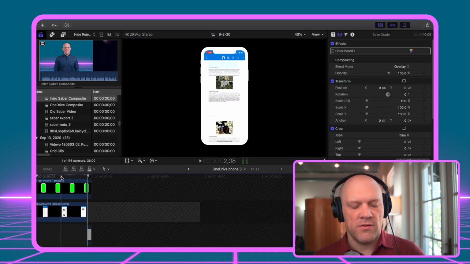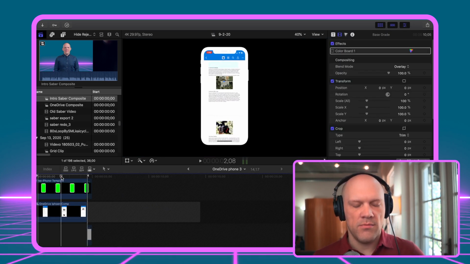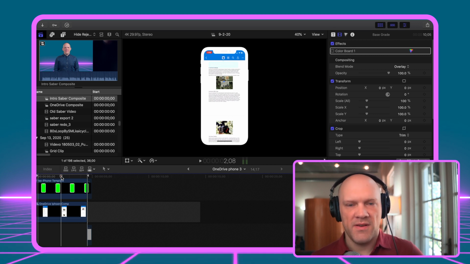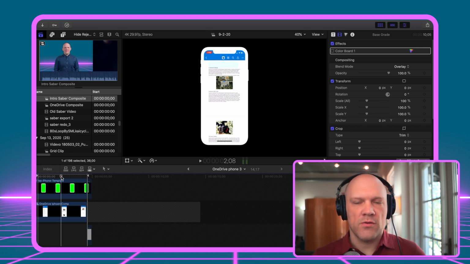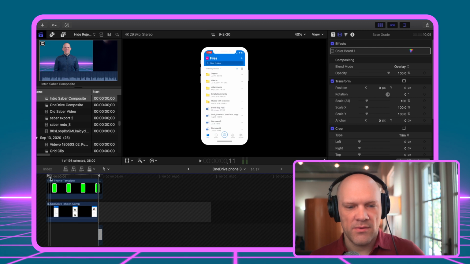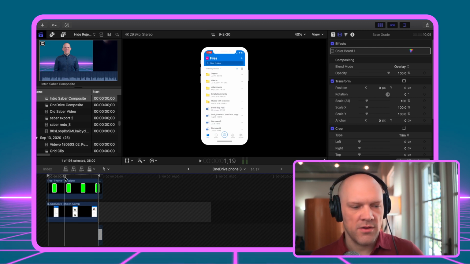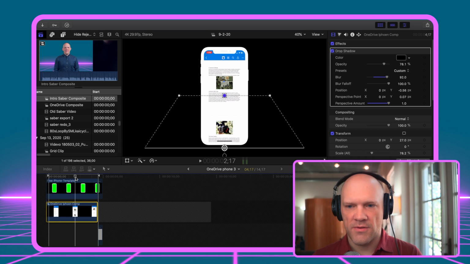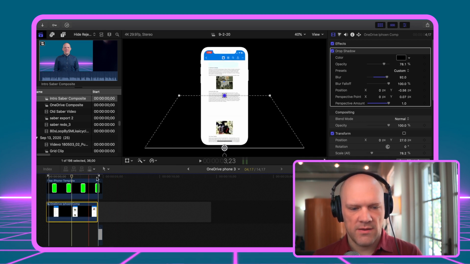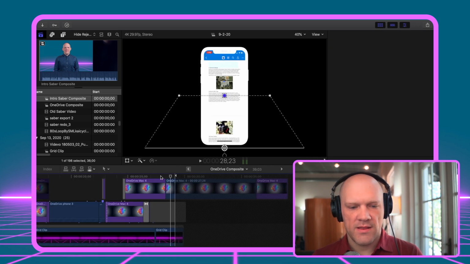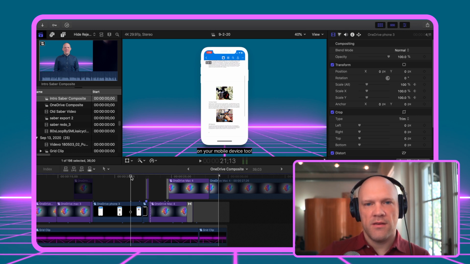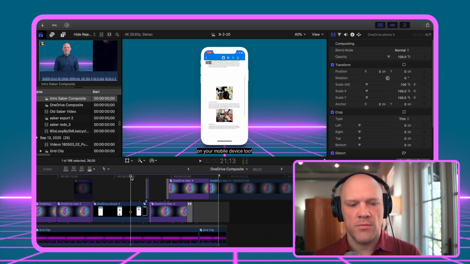Here's where we first get into the screen recordings. It started because I wanted to display the mobile interface in a way that looked nice on video instead of just doing a vertical strip in the middle of the screen, which is fine. I just wanted to do something different here. I found this template that was available to use just by crediting the author, and I just layered the interface on top of that and added an additional drop shadow to the back, which you can't see because there's no background here. But once I already had that look of the phone, I knew I wanted the desktop interface to look similar.